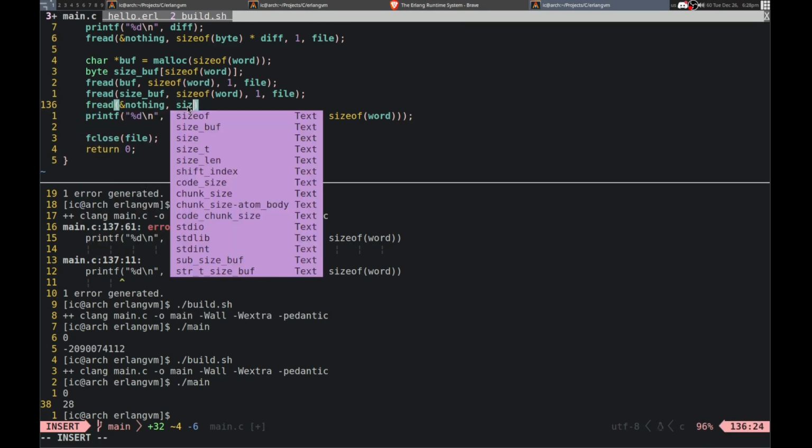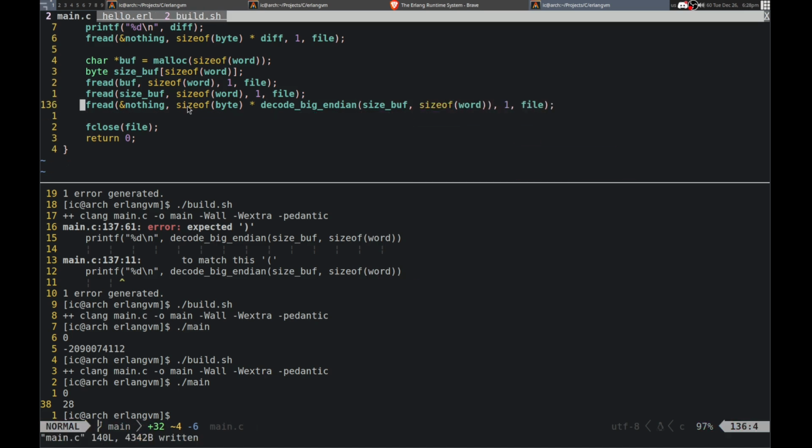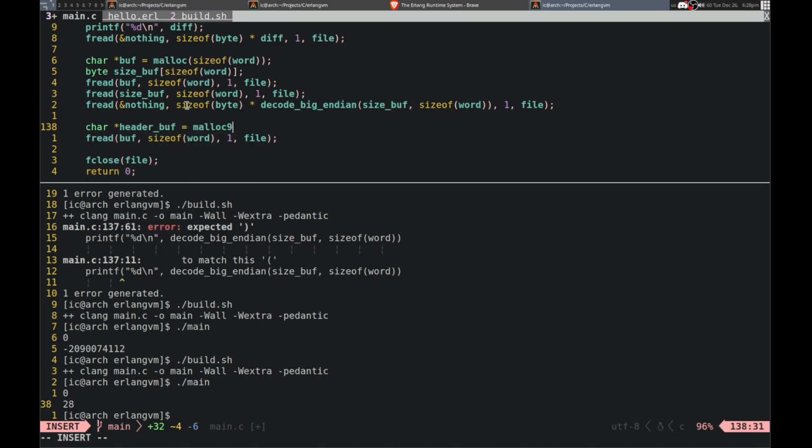Let's see. Defines big endian, size above, something word. 1 and 5. Do that. And then try to read. I could read this into just the header for now. Word. I don't think it's far enough though.